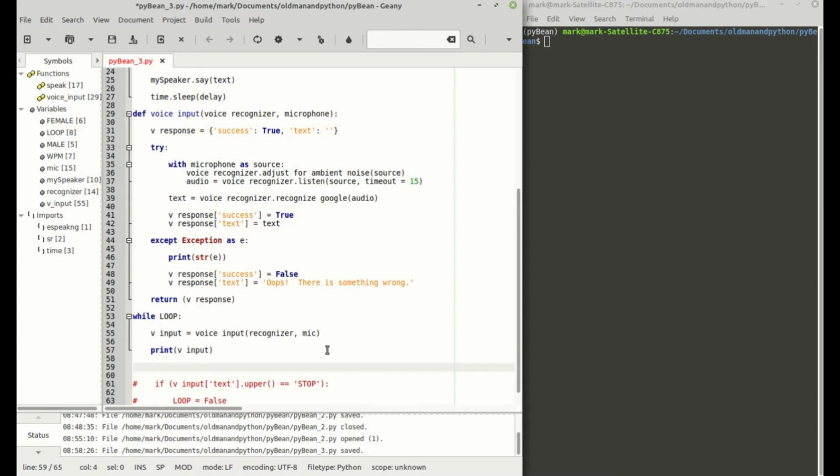So I want to check whether it is a success: if the voice_input, the success key, is true. If it's successful,